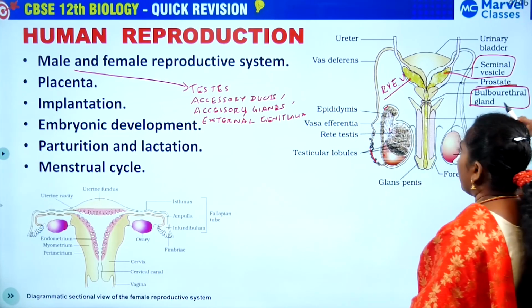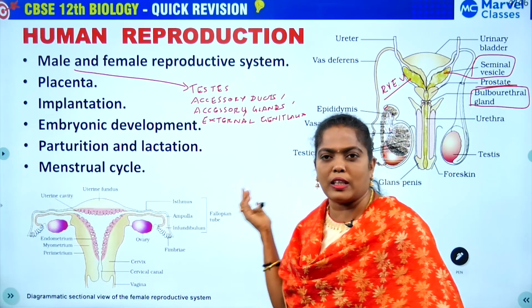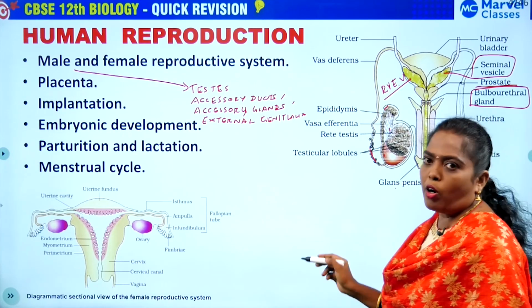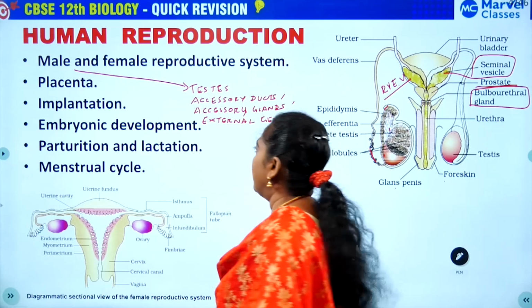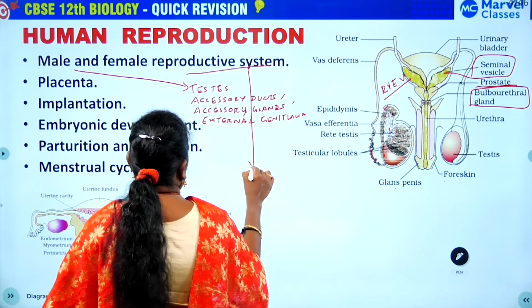When you are talking about the glands, you have to mention that, and then the external genitalia, that is the penis, and you can even mention the foreskin, and the broader part is known as the glans penis. Then when you are talking about the female reproductive system, again you can say,